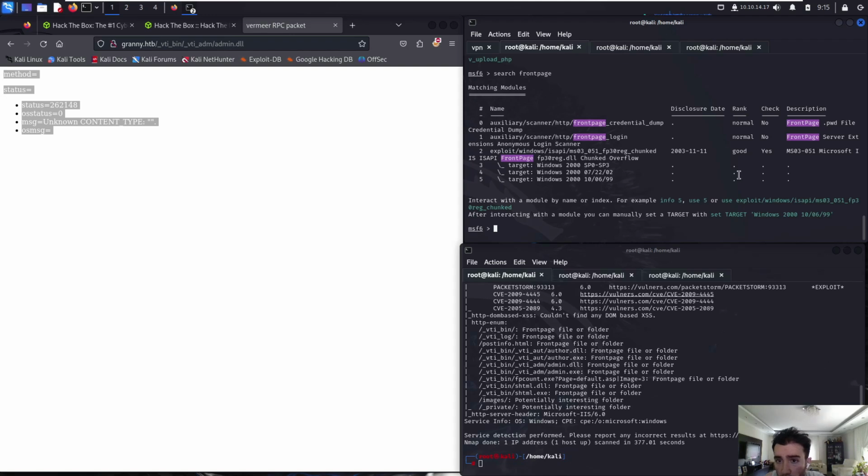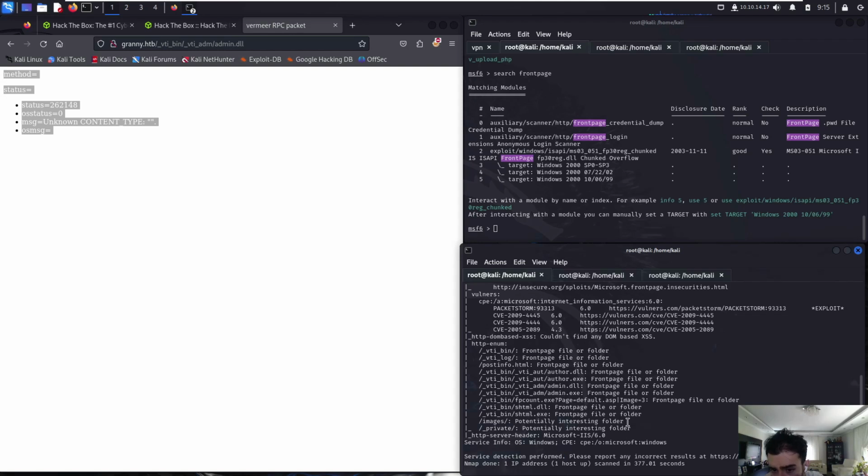So I saw that we can also access and modify files located on FrontPage, which are mostly located in the _vti_bin directory and _vti_adm or administrator directories. These directories are often used for the IIS service, and on this path we can conduct an anonymous login scan by using